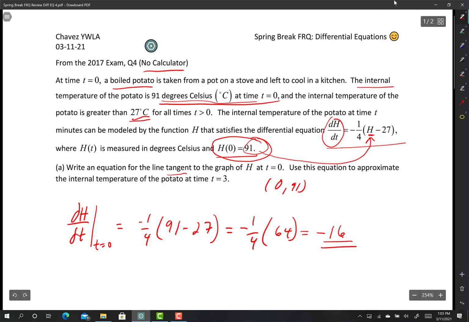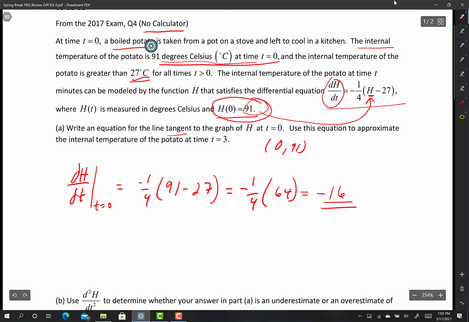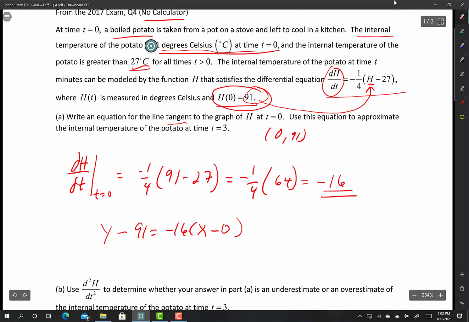So I got it, guys. So I need a point and a slope. So here we go. y minus 91 equals negative 16, and I guess technically it's t, right? But I'm going to write x, times x minus 0. So here's what I'm going to use to approximate h of 3. So I'm going to move that 91 to the right-hand side. And I'm going to say this: h of 3 is approximately